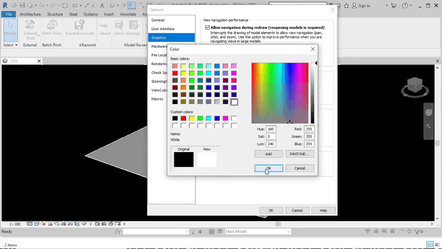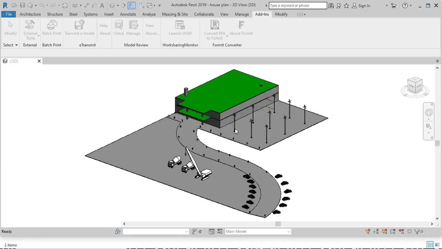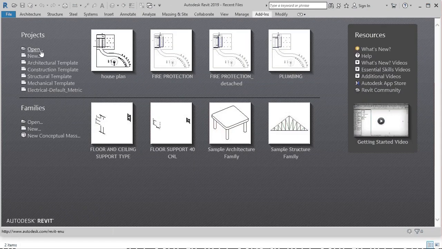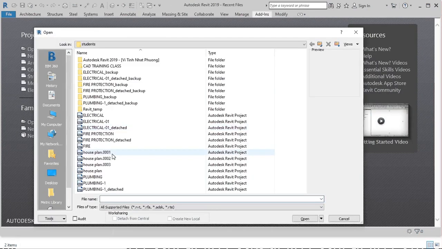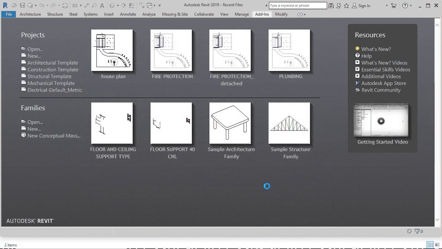Now I can change my background color also. It's black; I can give a white background. It's okay. First I converted my architecture file. Then I close it and open the electrical file for the MEP service.